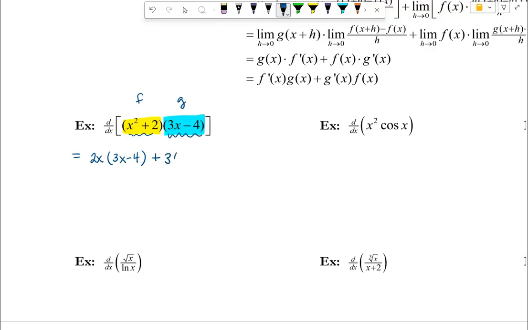And I'm going to multiply that with my first factor, x squared plus 2. Okay, so if I were looking at my rule above, I would see that this is like f prime times g plus g prime times f. Okay, so now in order to clean this up, because our derivative on a multiple choice test will likely not